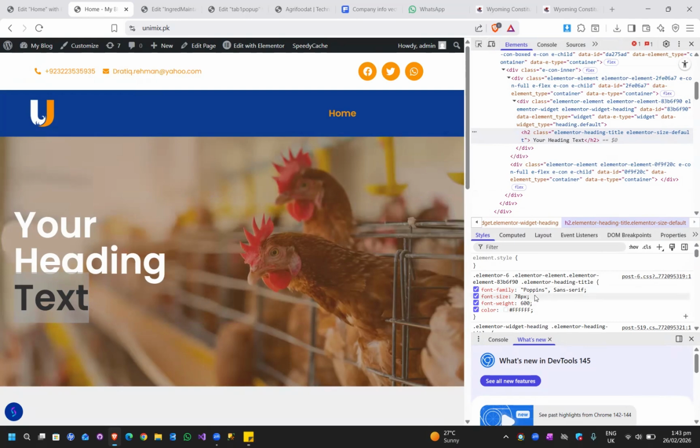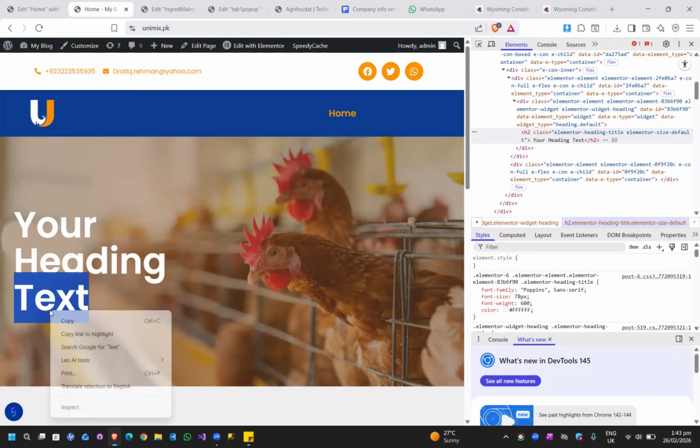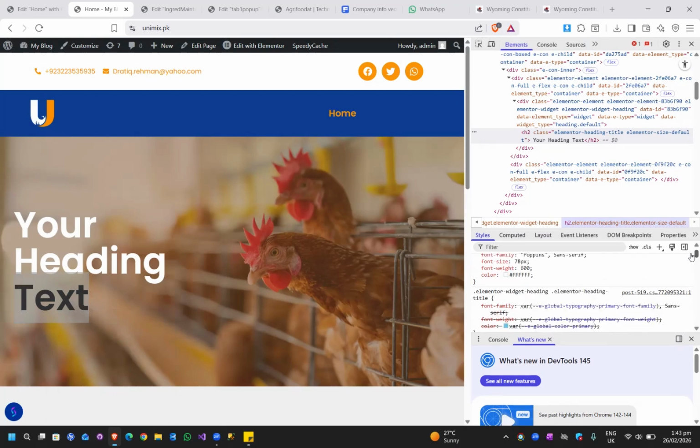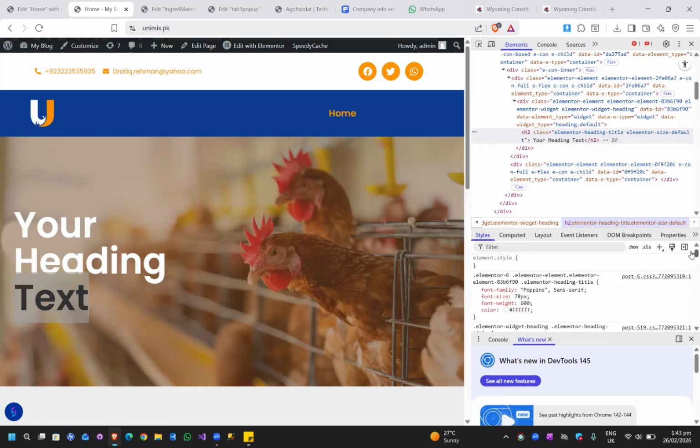So whenever you are going to inspect, you have to click that text or whatever it is, color or anything. Then you click on right and select inspect. This side will open on your right side of the screen and everything will be inside this styles. If you're talking about styles, you have to click on these styles and you get to know what is the font family, size, weight, color, everything. If it's not visible over here, you can scroll down and see. You will get to know about it.